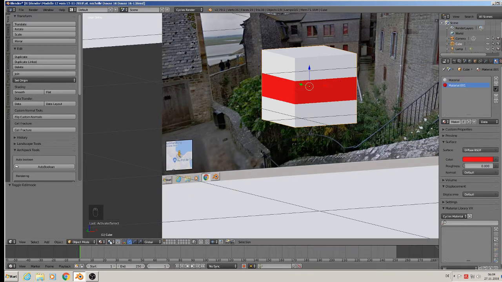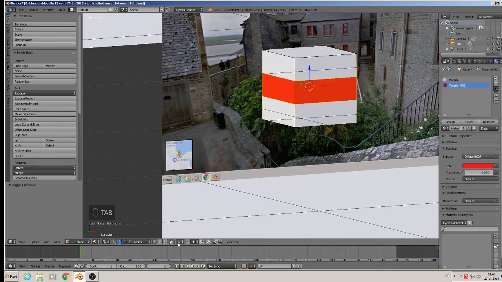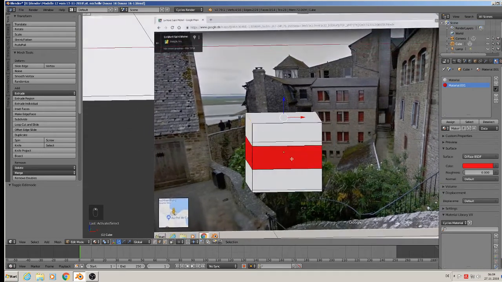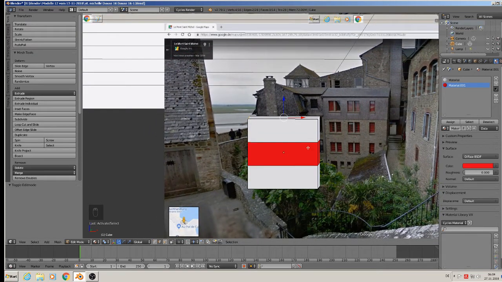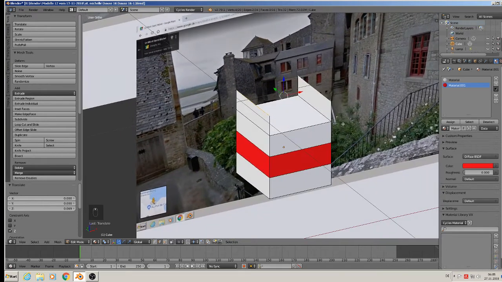I will try that with individual origins, and here the edges to make that part here on both sides. So E to extrude, bring them up, and scale X. No, scale, grab, scale X. No, it seems not to be possible to make them both